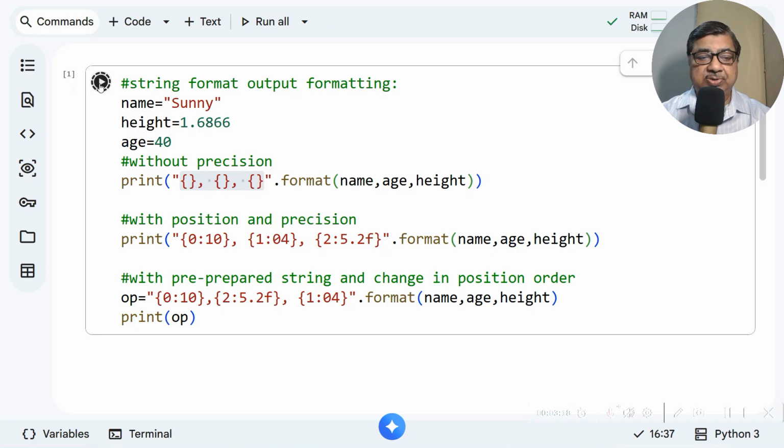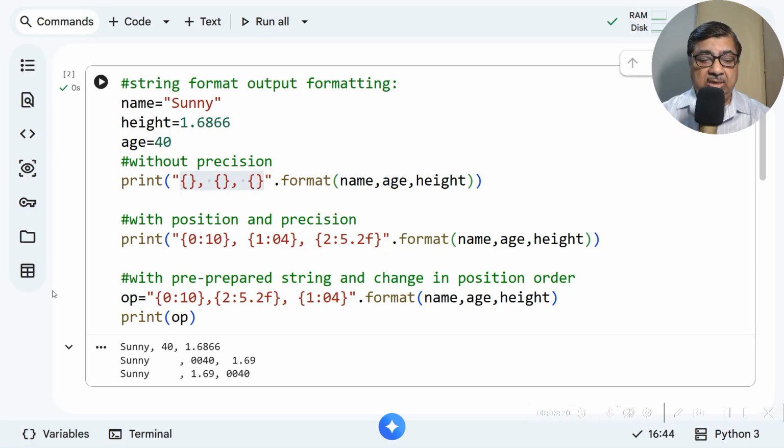Now we'll just run this code. This one, without any precision, is just directly printing within placeholders. There is no position argument or precision argument here. Here we are directly giving position and precision arguments. So this is the first one.